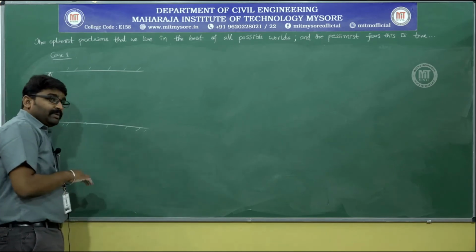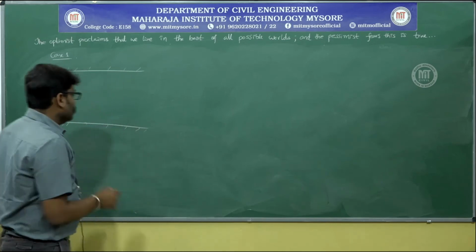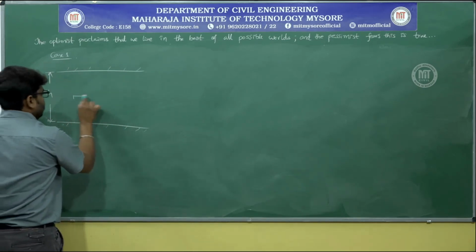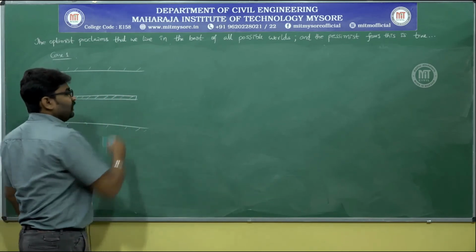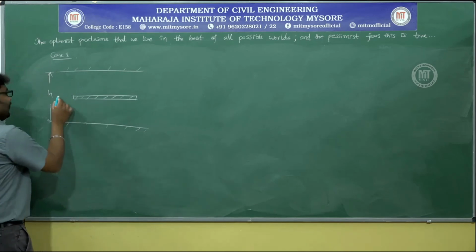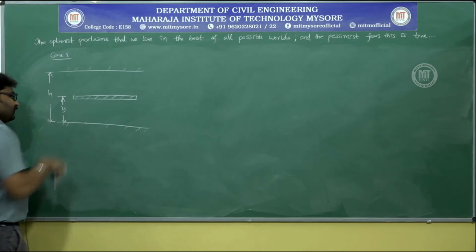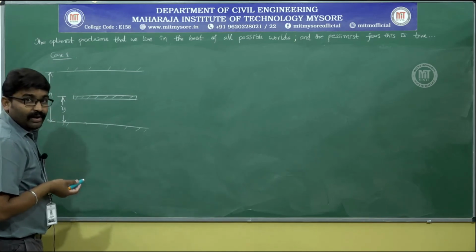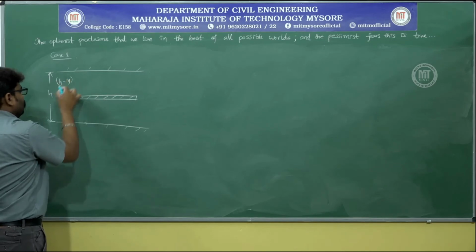Now, place the plate in such a way that F1 is equal to F2. So, I will place it somewhere, I do not know where exactly it will come, but I will place the plate. Of course, thickness and all have to be neglected because it is not mentioned in the problem. Let y be the distance of the plate from the bottom,